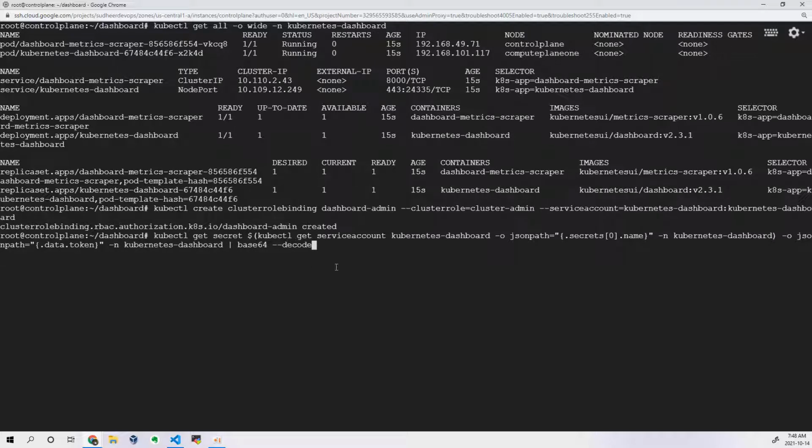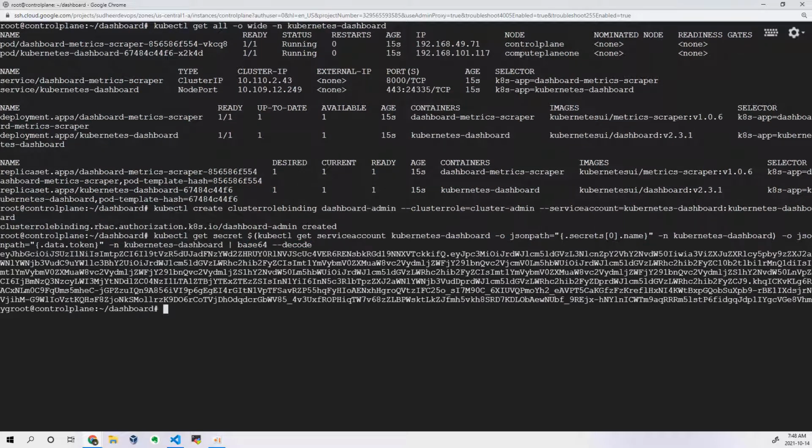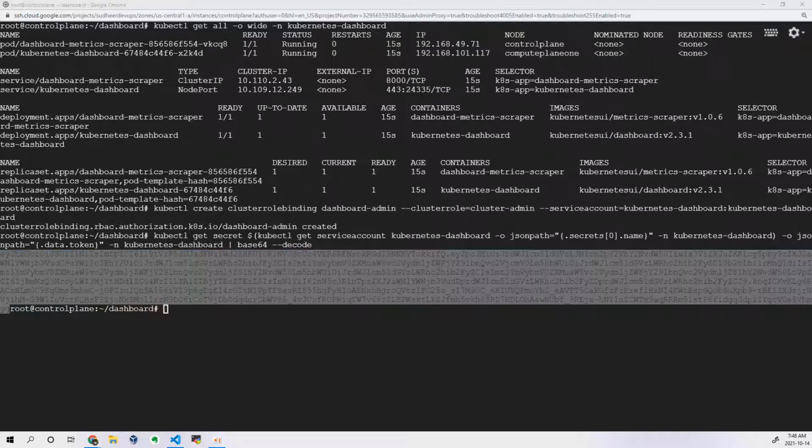First it fetches the service account's secret in this particular namespace, then it fetches the details related only to the token, and it decodes it. So in a single command you are doing multiple things. At last you will get a token. Now take this token, be careful to copy it from here before the root prompt, and then take this token.